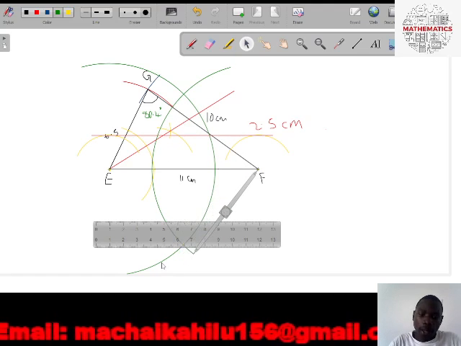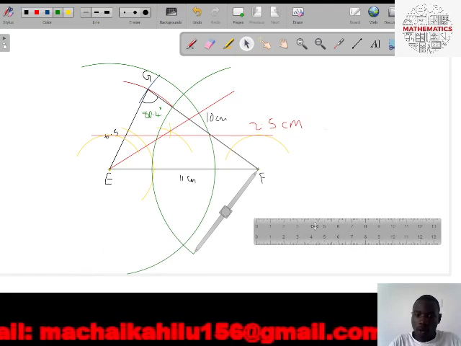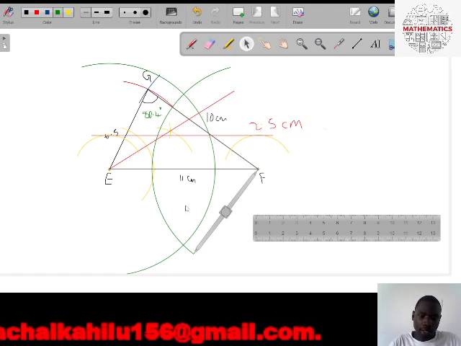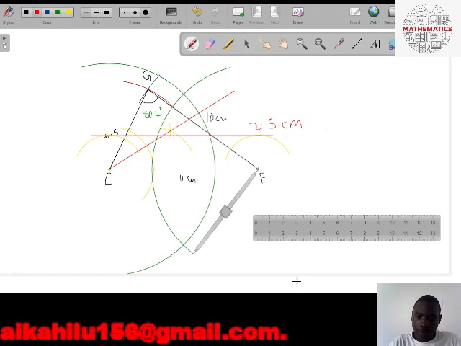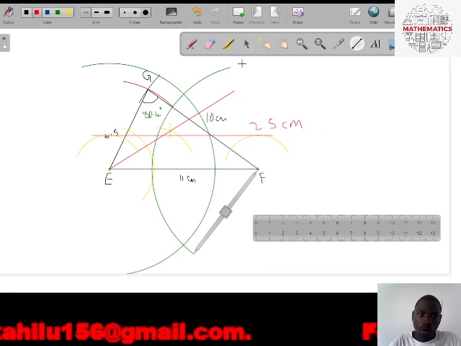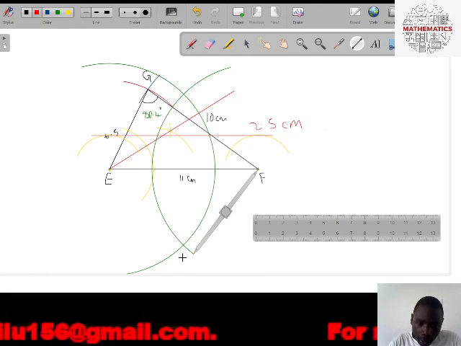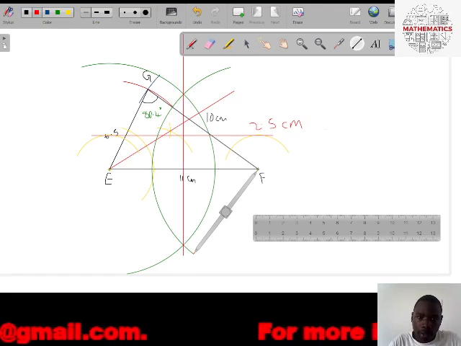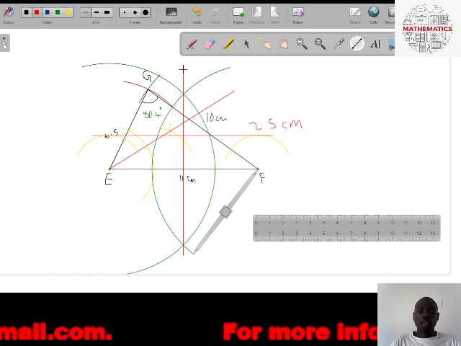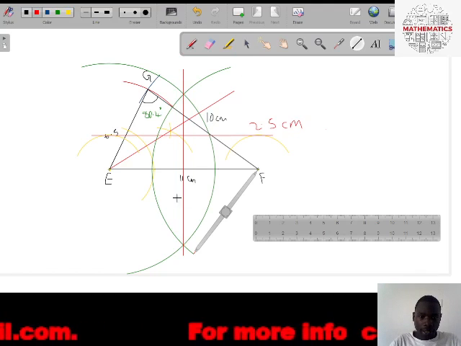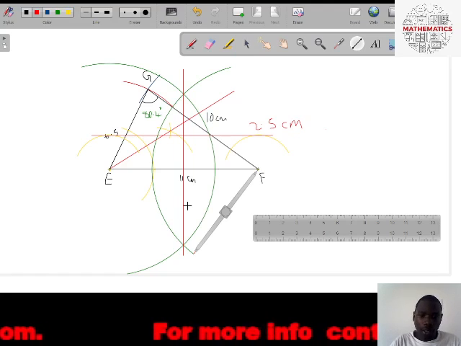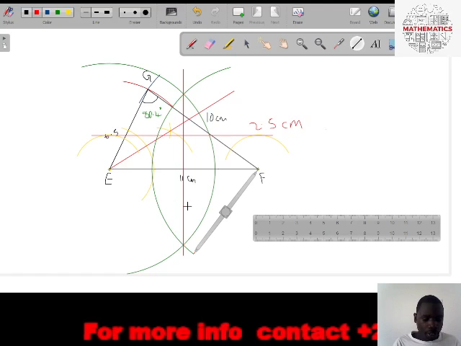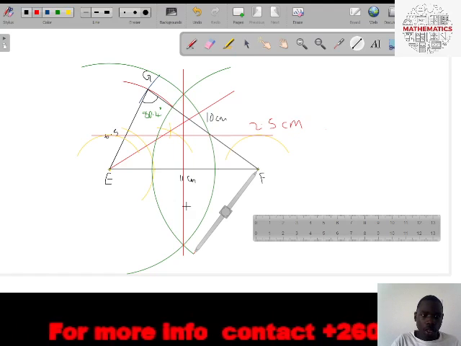Okay, so now where these two arcs meet is the equidistance. So you draw a line connecting these two points. So a line can be drawn like this. Okay, like that. And then after drawing that line, it represents the equidistance of E and F. Okay, so now the last question says point P within triangle EFG